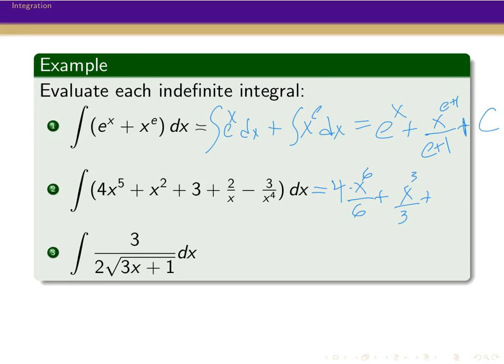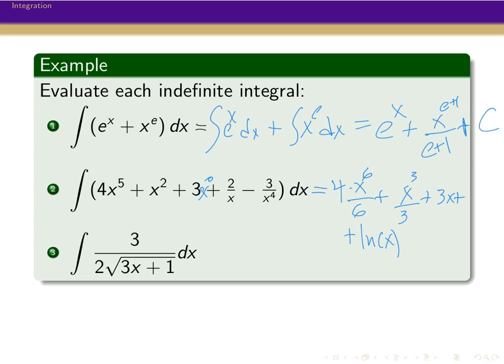So I'm going to think about 3 as being 3 times x to the 0. And so then I can use the power rule on it. And so 0 plus 1 gives me 1. So 3x, and then divided by 1 just leaves it the same. Plus, now I have 2 over x. So this is the one time when the power rule is different, because I'm just dividing by 1 power of x. So the power of x here really is minus 1. And so that's when I get, I'll write it down here,